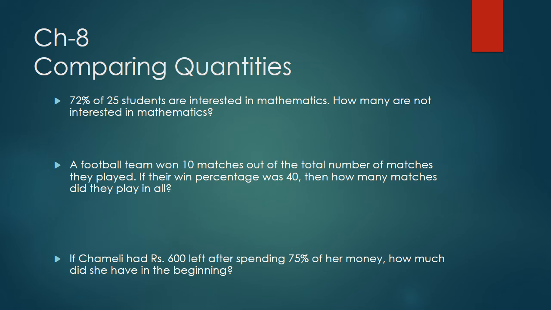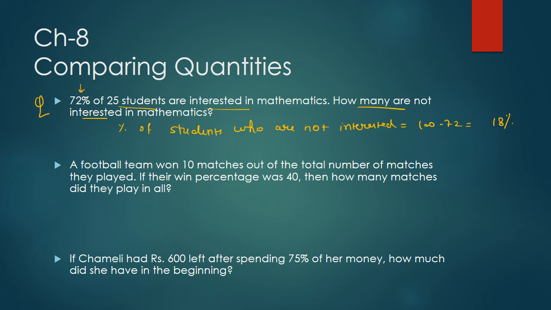Here, the first question is 72% of 25 students. There are a total of 25 students. 72% are interested in mathematics. How many are not? So the total percentage is 100, right? So the percentage of students who are not interested, how much can it be? It will be obviously 100 minus 72, that is